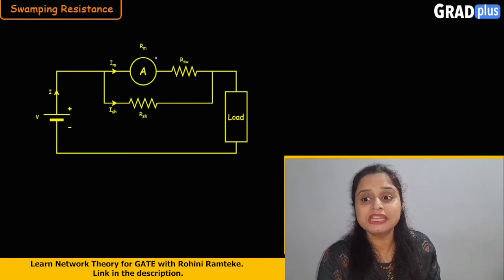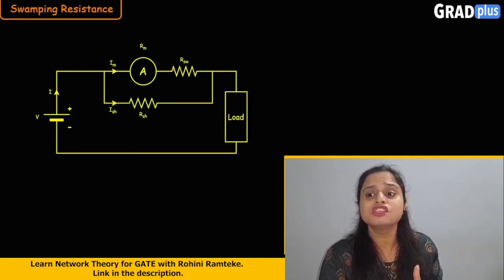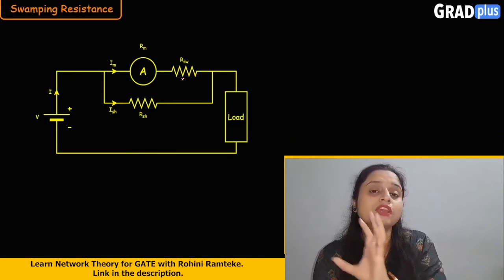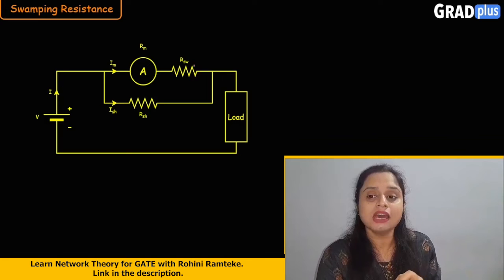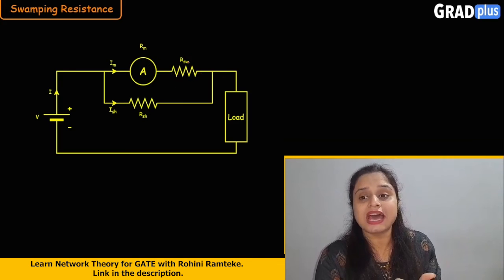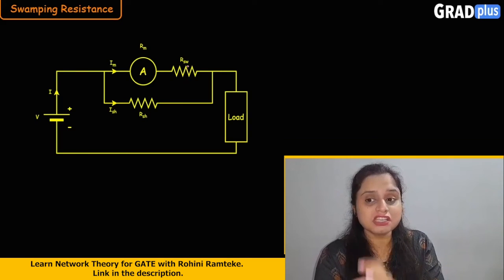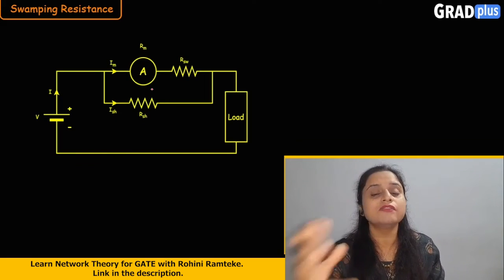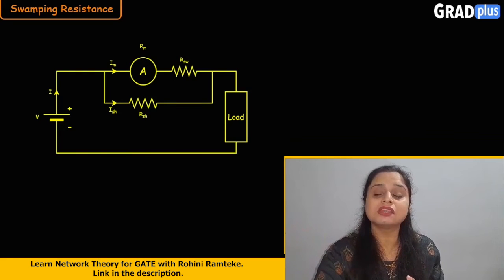So that in this complete series network, the dominant resistance is nothing but your swamping resistance. So whatever changes are taking place need to be considered only for the swamping resistance. Now here, this swamping resistance is connected in series. This swamping resistance value is 10 to 20 times greater than this meter resistance. As the value of this resistance is more, it is the more dominant resistance in this complete network.